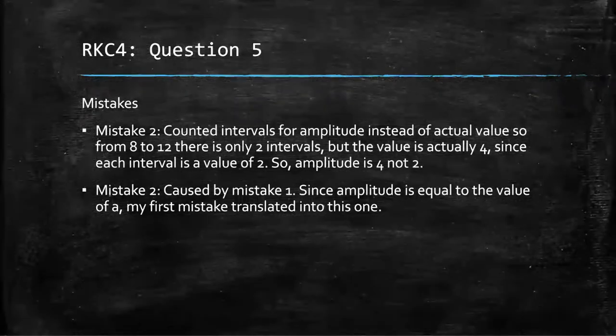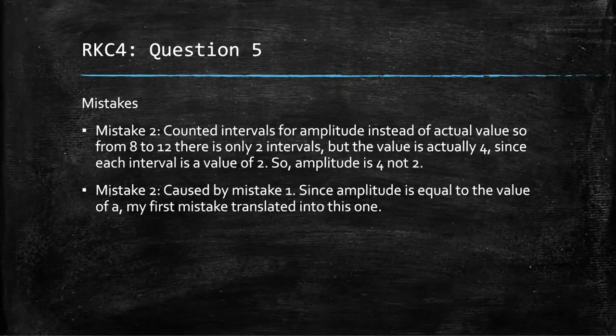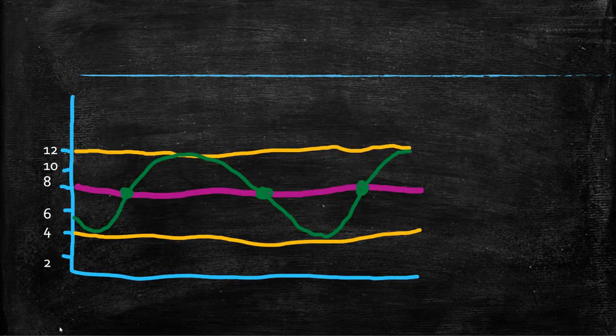I got this question wrong because I only counted the intervals on the side of the graph instead of doing the actual mathematical portion of obtaining the amplitude. So it would have been 4 if I had done the math correctly, but I did not. I only got a value of 2 since I only counted the side, which is right here. I only counted what was right here and what was right here,